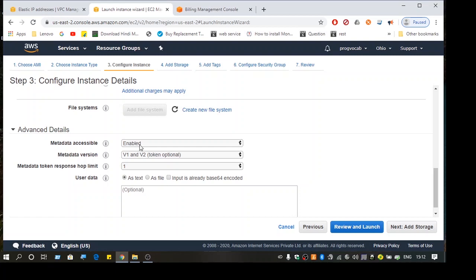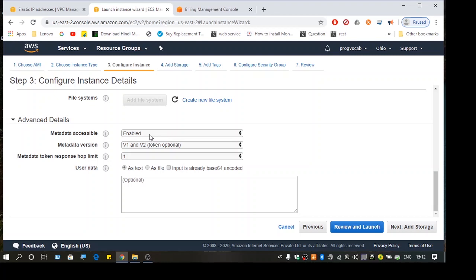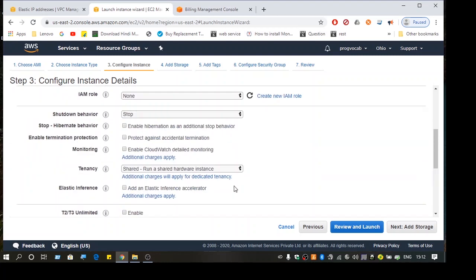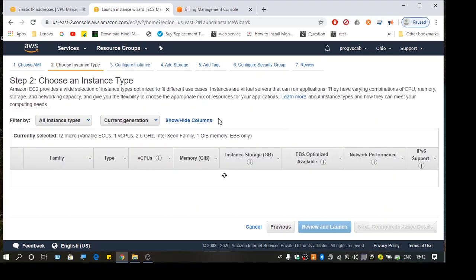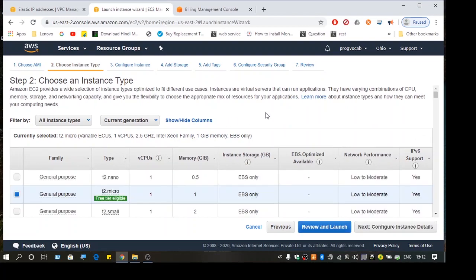There's the actual hardware and there's a hypervisor, and you have multiple instances running on that. All of them are sharing the resources, so that is like having multi-tenancy hardware or a multi-tenancy instance.